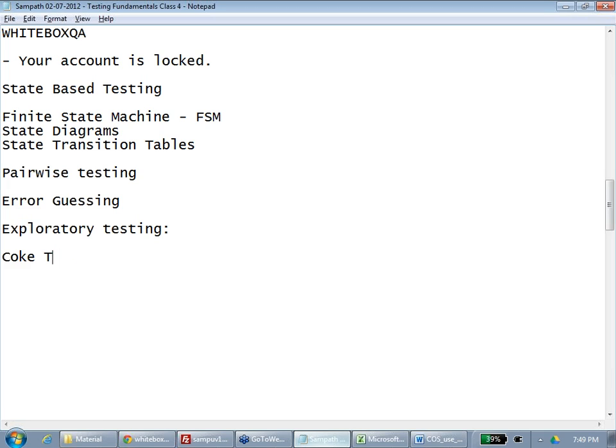Okay, let's use the can here. Give me the test cases for it. So I have a can of Coke and I want you to give me test cases. Don't tell me technique, please. I don't want you to tell me technique because I already know.